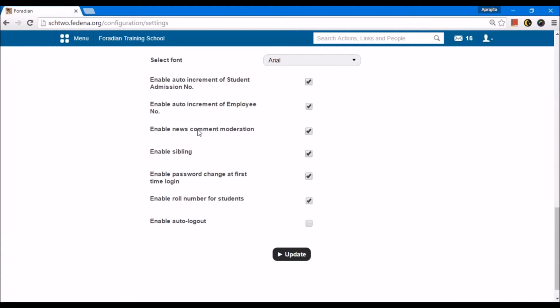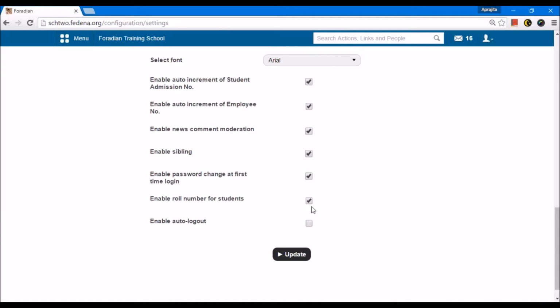Since in FEDINA the passwords are given by default to all the new users, this option can be enabled, which will help the user who logs in for the first time to change the password. If you enable this option, the new user who logs in will be prompted to first change his password and then use FEDINA.